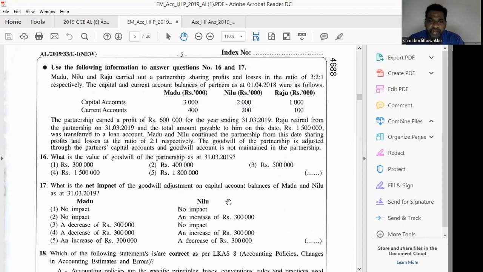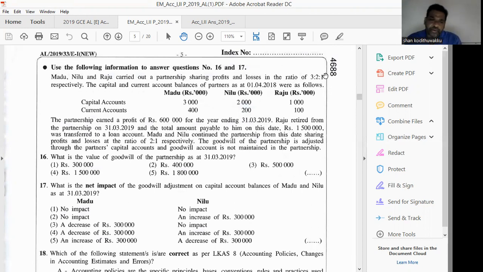Total goodwill is 1800. Then we distributed 300 for Raju because 1 share, then Nilu 600 because 2 shares, then Madhu 900 because 3 shares. The 900 and 600 separately should be credited to Madhu and Nilu. Right. That is according to the old profit sharing ratio, because all 3 partners were there in the partnership before the